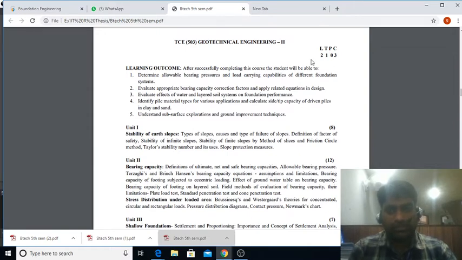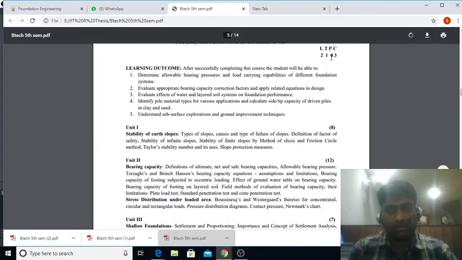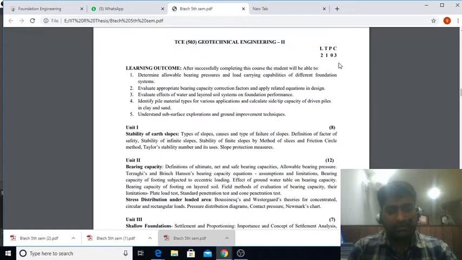You have 2 lectures, 1 tutorial of 3 credit, and practical is also associated with the subject. Theory part and practical part both are there. So after completion of this course you will be able to determine the allowable bearing pressure and load carrying capacity of different foundation system. You will be able to evaluate bearing capacity, correction factor, and apply related equation and design